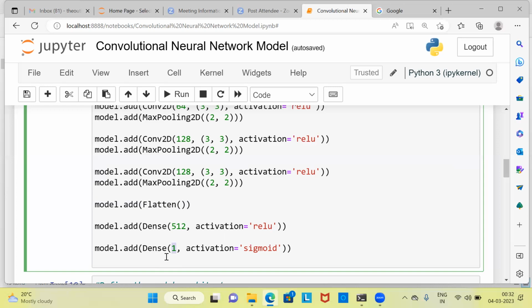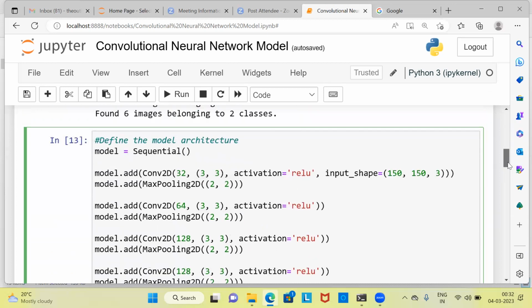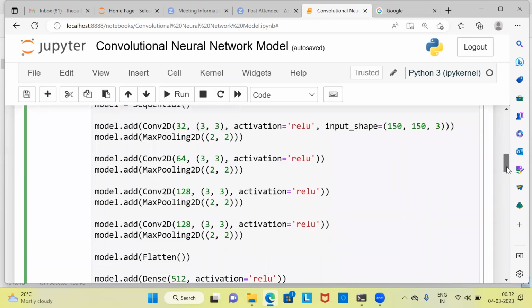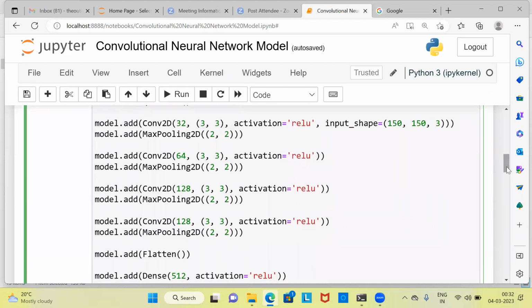So the eighth layer is the output layer, which is a dense layer with a single neuron and a sigmoid activation function, which is used for binary classification. Overall, to summarize what we are doing in this particular code, this model